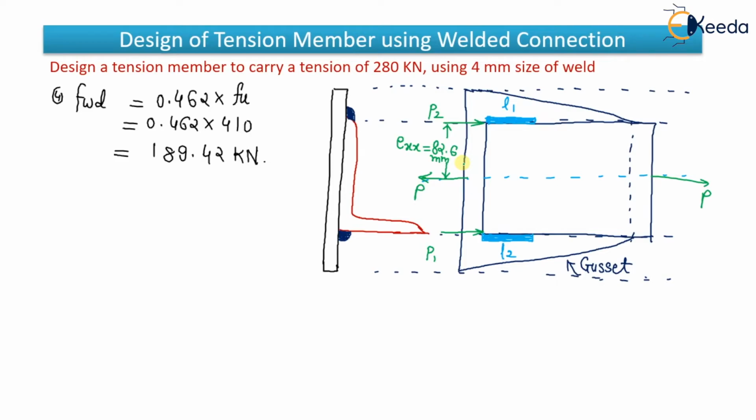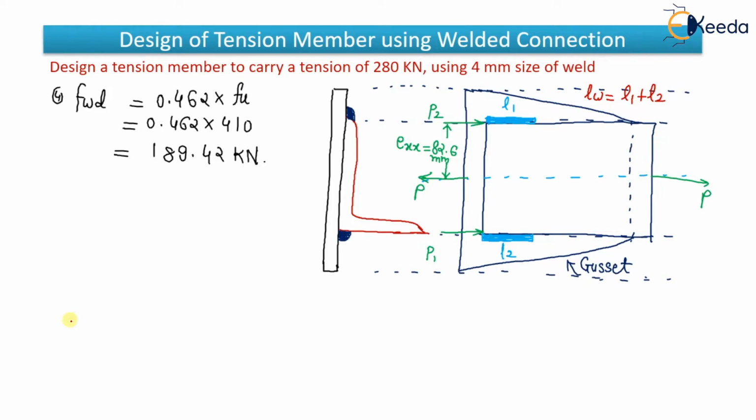Coming back to our this FWD. Okay, so this is what it will look like. And another thing, wait a minute, total length of weld will be how much? Let us assume that total length of weld is LW, so it will be addition of L1 plus L2. That is clear. Okay, so what I will do, I'll find out that value.